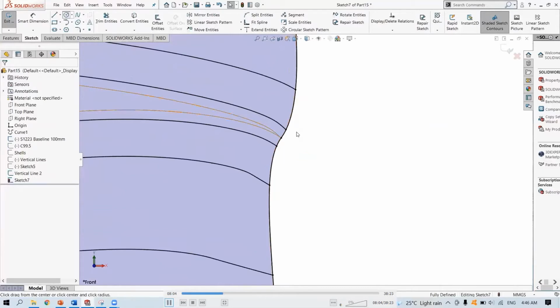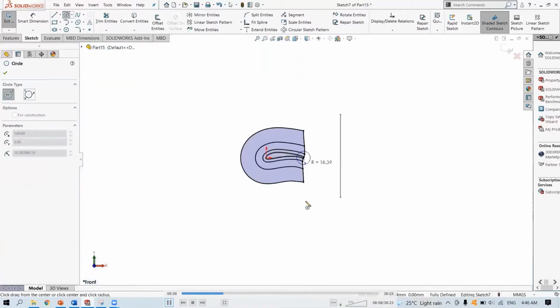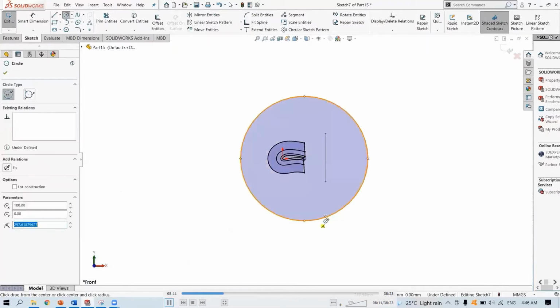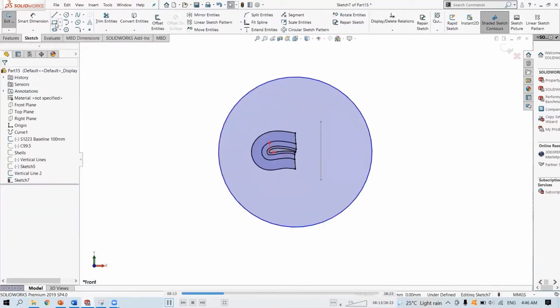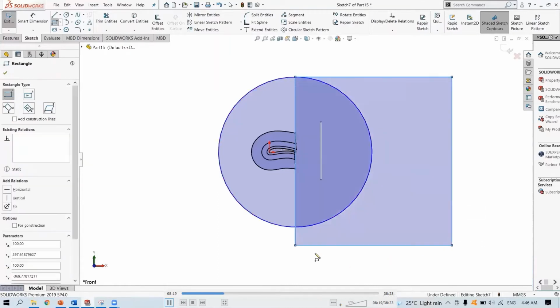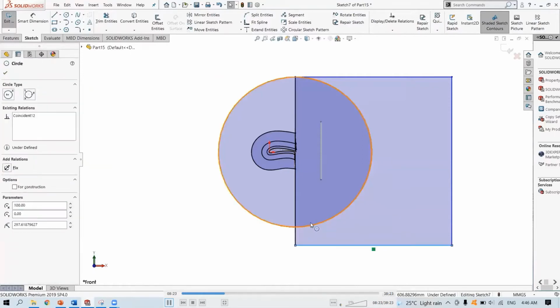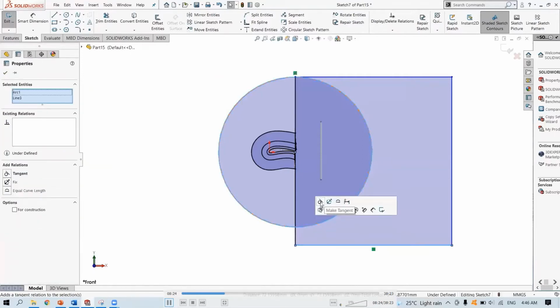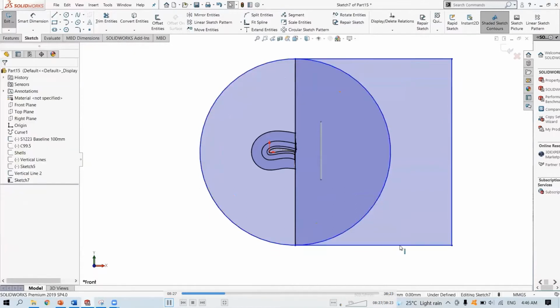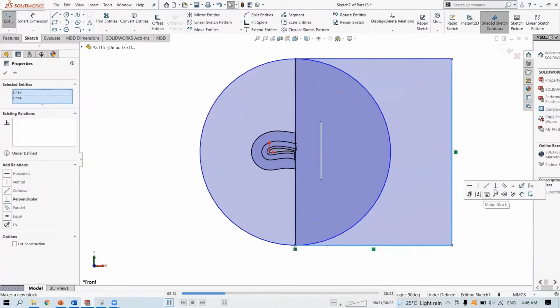Now we can start doing our domain. Let's start from the trailing edge. Like a rectangle. Well, we're gonna make it a square. Start from a semicircle, since we are doing a C-shaped topology. Make both of these equal.